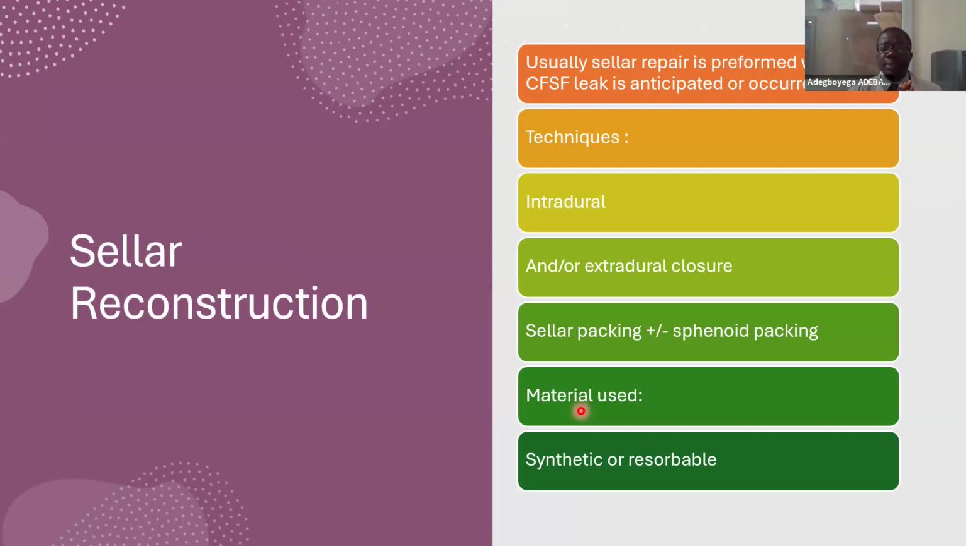People have used the turbinates that were previously harvested in the nasal phase, and in the face of a CSF leak, one can use a nasoseptal flap. The use of synthetic or bioresorbable materials has also been reported in the repair of